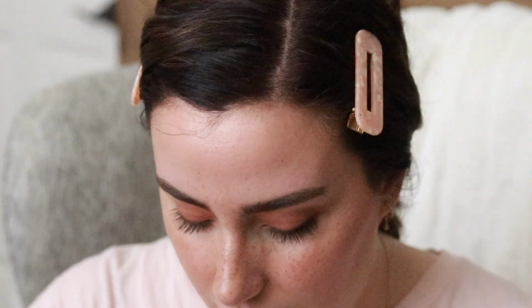The mist on this guy is so fine, and it graces your face. It tastes so yummy. It smells so yummy, and it really does add an extra glow to your face. And I don't find the need to, like with a lot of other setting sprays, fan my face. Because it's so fine, it just falls beautifully on your face and you don't really have to do much. But yeah, this is my favorite look, so we're gonna